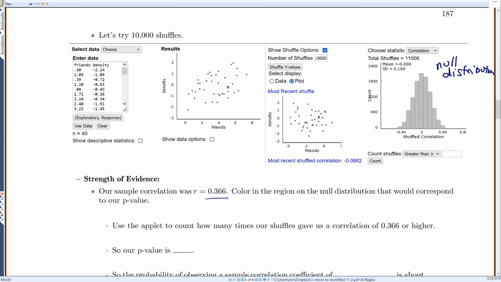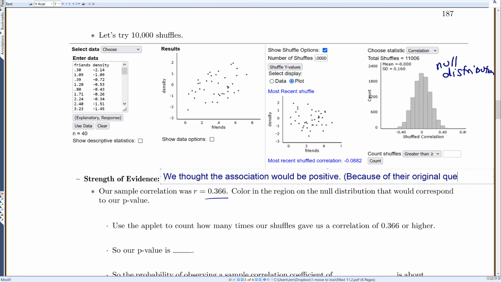Okay. So we thought the association would be positive. Not from looking at the plot, but because of their original question. Because they said they thought Facebook use would increase the density of this brain region. And so because we thought the association would be positive, we're going to look for our correlation or anything